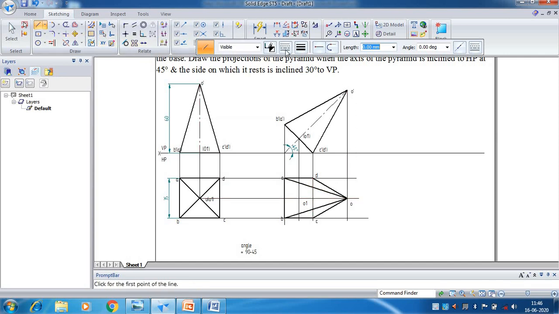So for that you need to draw the projection or reference line which makes an angle 30 degree with VP. Change the line thickness. First draw a small horizontal reference line. From there you need to draw the 30 degree reference line. Press the tab key from your keyboard, it will shift to angle. So minus 30 you have to enter for giving angle in clockwise direction. So this angle is 30 degrees.